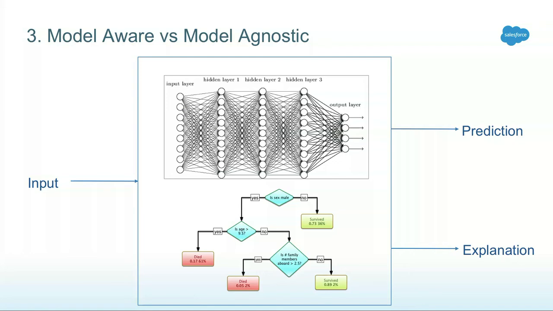The third trade-off that we had to take into consideration was whether you want your explanations to be model-aware or model-agnostic. Like we mentioned earlier, some models are very good at giving you highly accurate predictions, but they are a little more black boxy and a little harder to explain what actually happens under the hood. But you might still want to use such models to give you the best prediction that you can. In such a scenario, you can train a secondary model that is easier to explain, such as a decision tree, to provide the customer with the explanation.